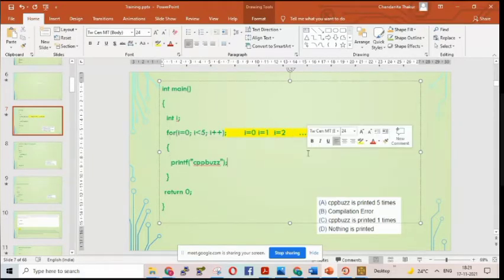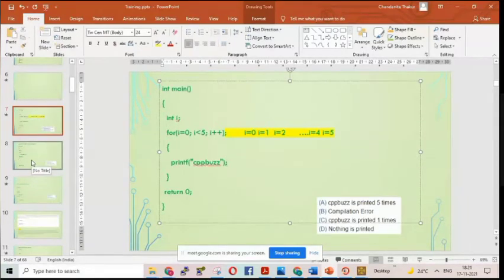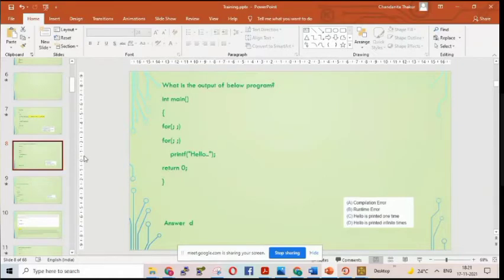Take a screenshot. All of you have taken? Yes or no? Yes, ma'am. So you must clarify this answer. If I forget, you must tell me in the next class. Can you tell me what will be the answer of this? As of now, whatever answer I get, I will explain that, but I won't say it is 100% correct or not. You take a screenshot first. Okay. Now you analyze and you tell me the answer.